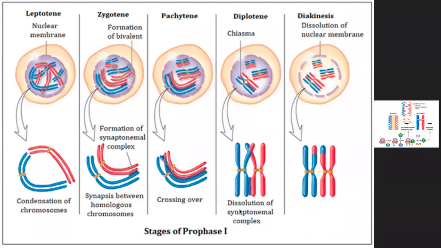So the dissolution of the synaptonemal complex. Again, this is one of the complexes being shown here. You can enlarge the diagram and see it. It's just the protein complex which is responsible for crossing over of these 2 chromosomes. And that particular stage is where all the chromosomes in the nucleus of the primary follicle will be stuck